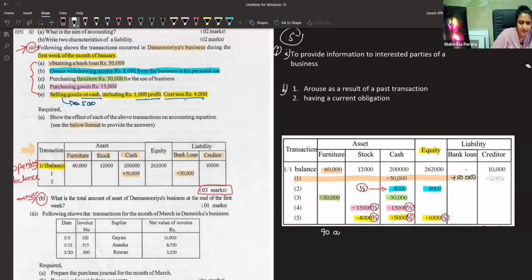Look at the stock. The opening balance of stock is 12,000. Add 15,000, that means 27,000. From that you have to deduct 4,000. That means 23,000. Right? And then the cash value, we have 200,000 opening balance plus 50, means 250,000, minus 8,